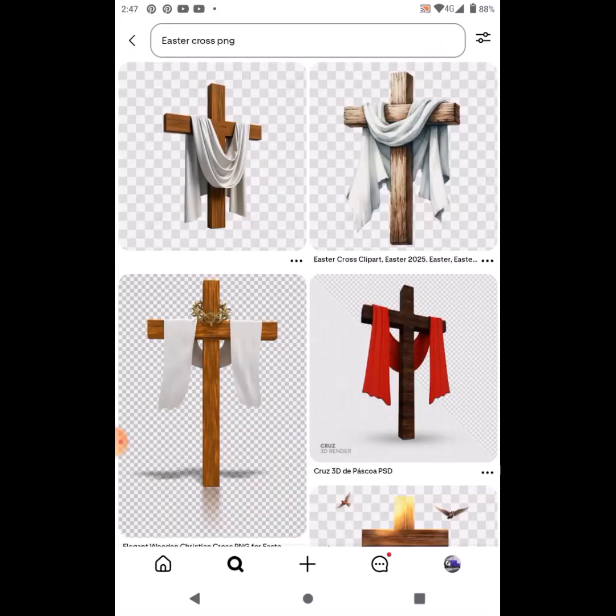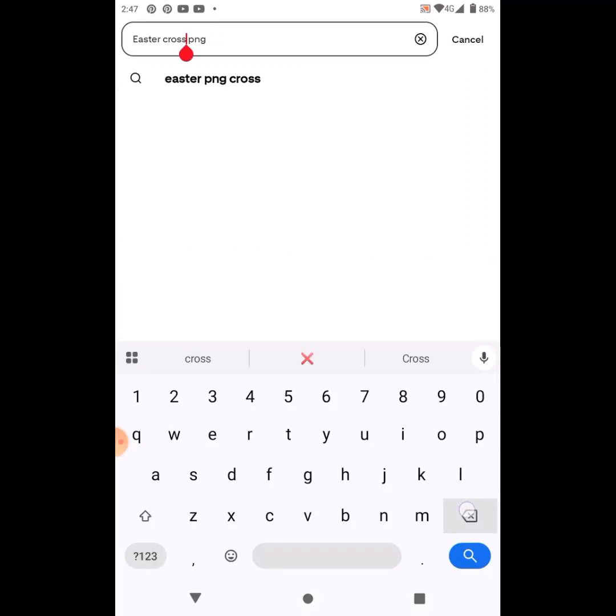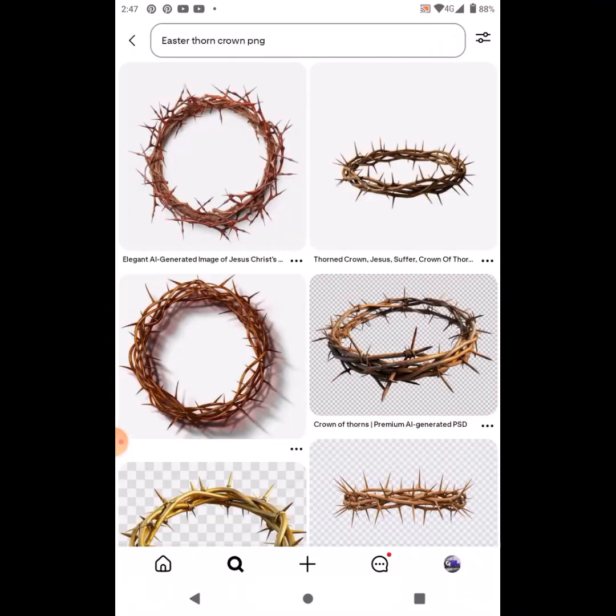Oh, is this that thorn crown I'm talking about, not cross? Thorn crown, thorn crown, thorn crown. Okay, yeah, I think